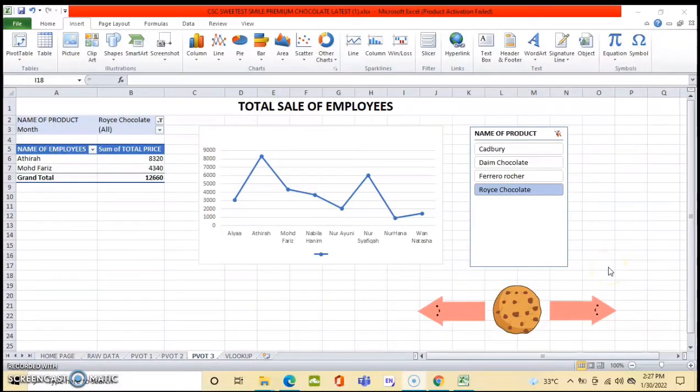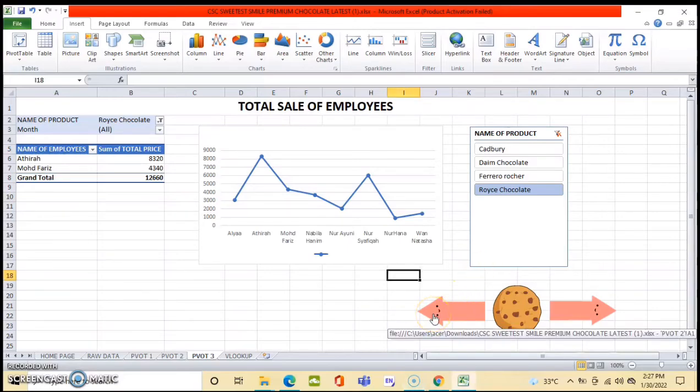Okay, next we move to pivot table 3, which is the total sale of the employees. As you can see, this is a pivot table that I have created also from the raw data of our company.